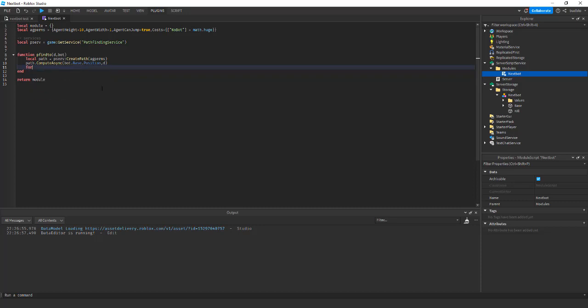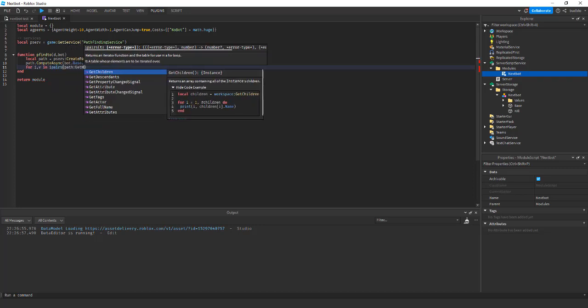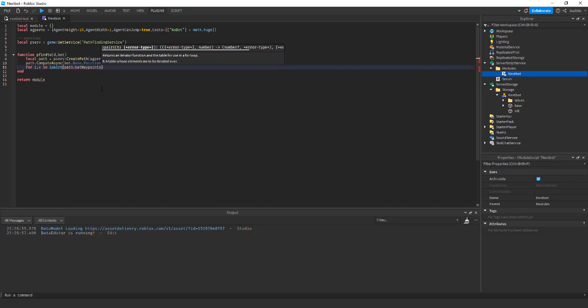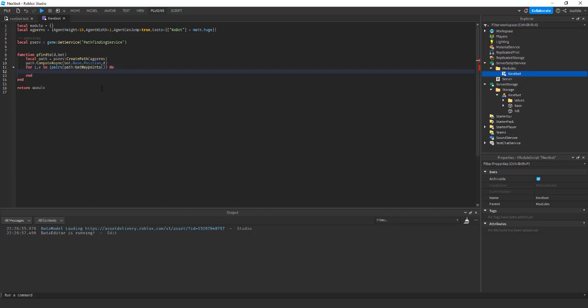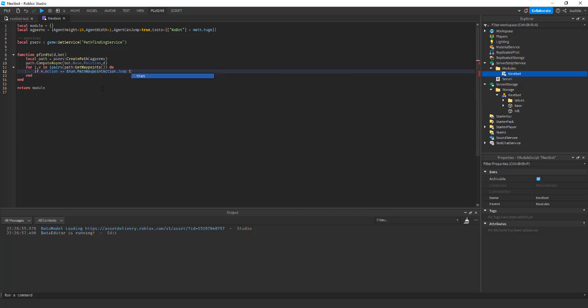Then it can do for i, v in ipairs path:GetWaypoints, do if v.Action equals Enum.PathWaypointAction.Jump, then